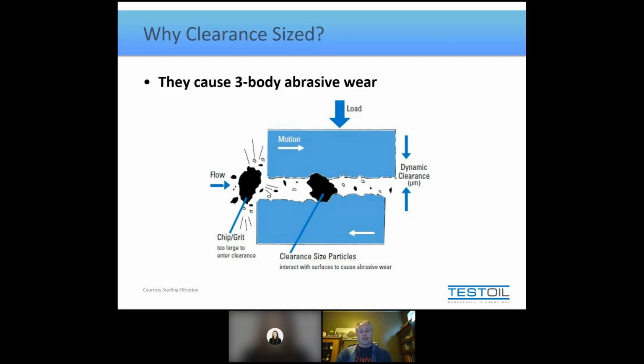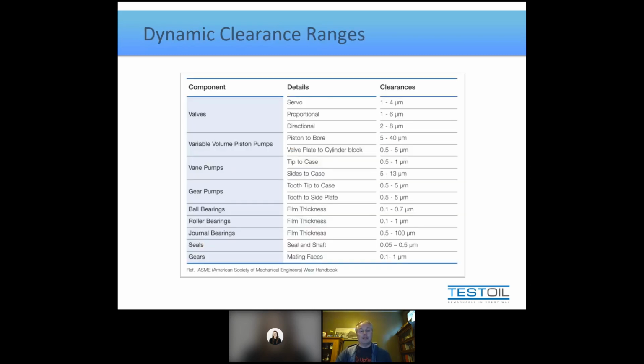Now, of course, this would beg the question, I don't know my clearances, so how would I find that out? So I reproduced a table from ASME here that lists very common clearances in a lot of different types of machine parts. What you're going to see is that within that 1 to 5 micron range, you're going to cover most of the ranges listed in this table. So it shows you why the McPherson curve shows us and proves to us that filtering definitely less than 10 microns, maybe less than 8 or even less than 6 microns, is really where we start to have an impact on the reduction of wear.